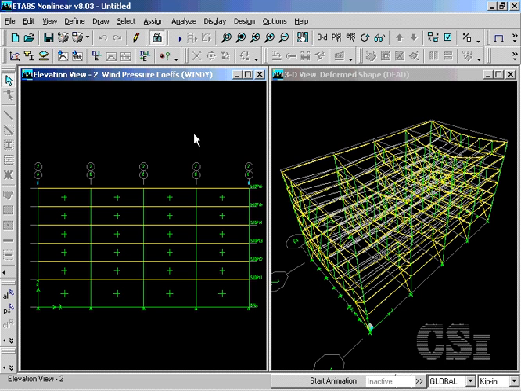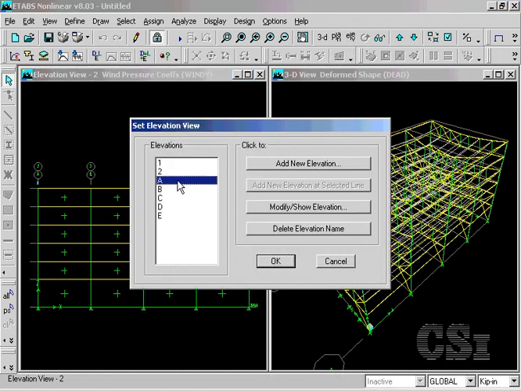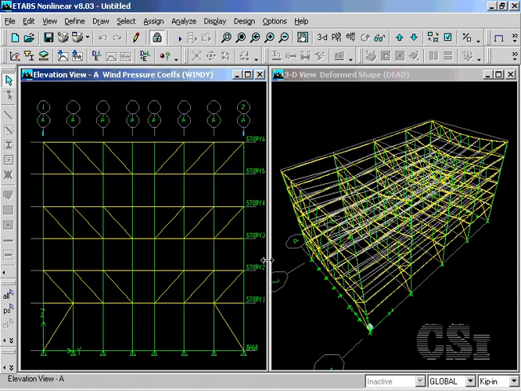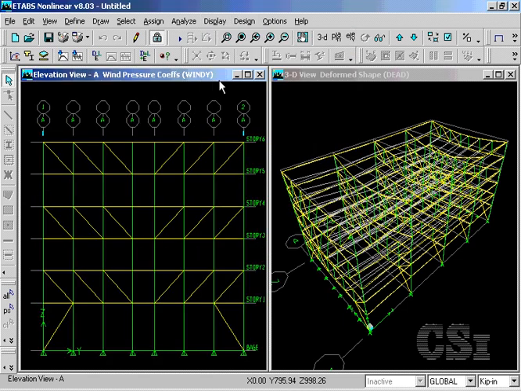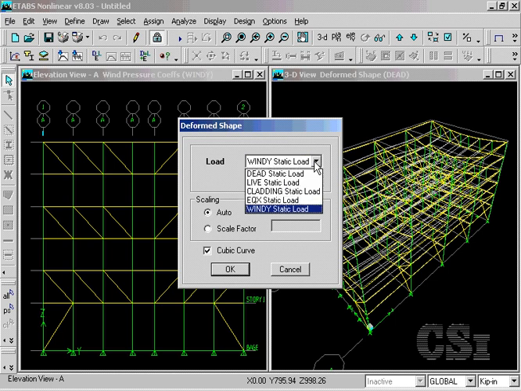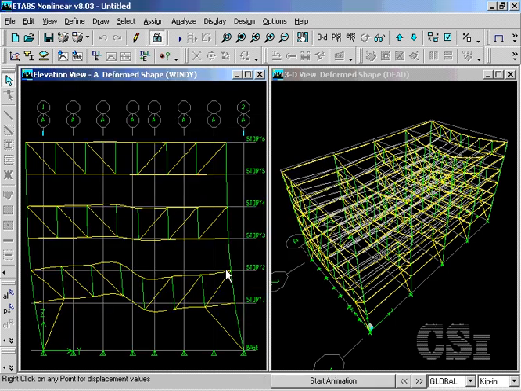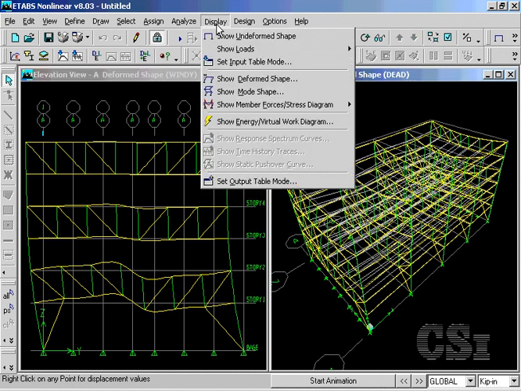Now that the analysis is complete, switch the elevation to View A and display a deformed shape for the wind load case. Note that the majority of the deformation appears to be concentrated in the Vierendeel panel. Switch the 3D view to Undeformed